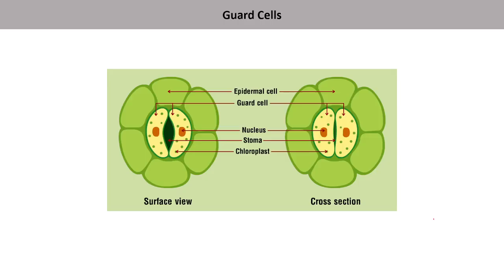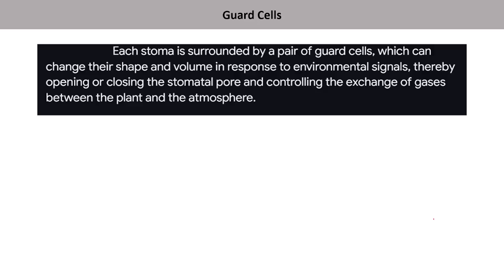Okay, so answering this question, the answer is guard cells. So guard cells are nothing but the cells which surround the stomata, and basically they help determine whether the stomata is open or closed. So each stomata is surrounded by a pair of guard cells which can change their shape and volume in response